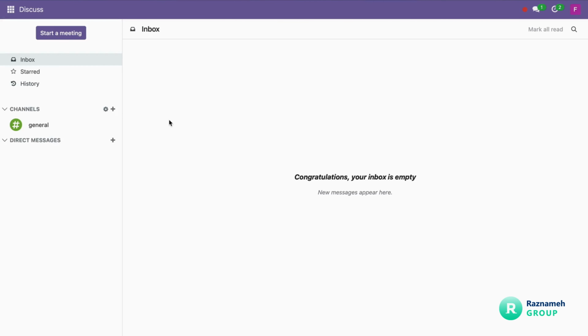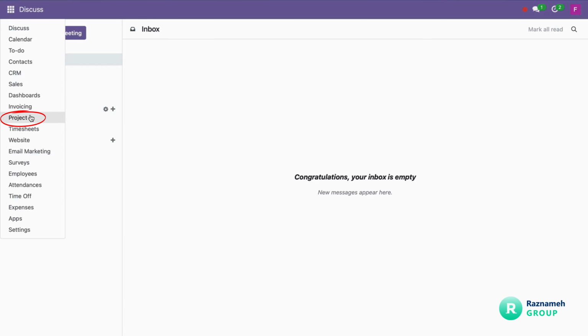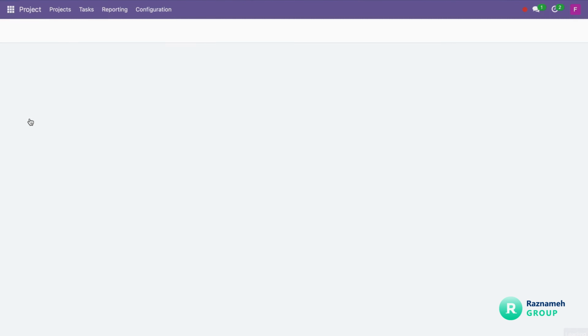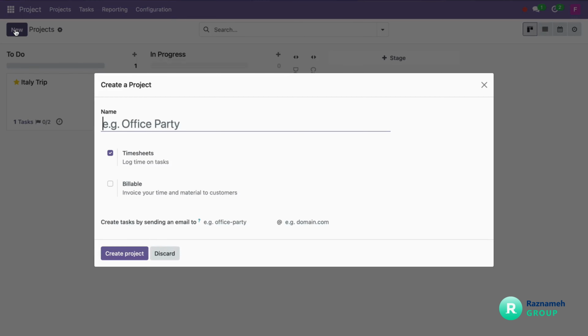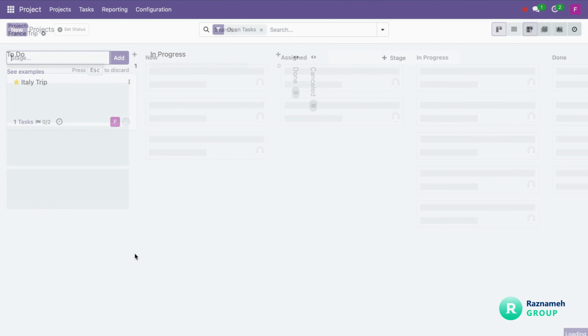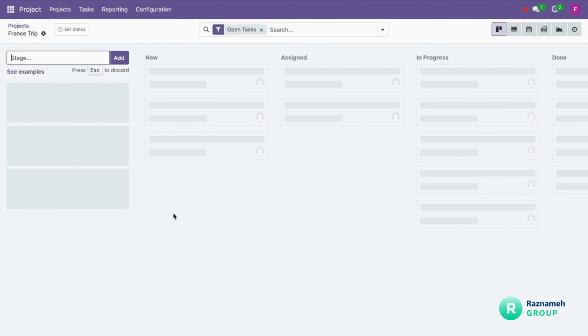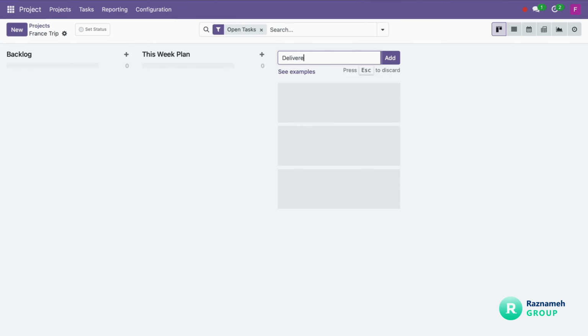To create a new project, you first need to navigate to the project module. In the project pipeline, you need to click on New and name your project. Then you can determine the email you want to use and click on Create Project. Afterwards, you will be directed to the task pipeline where you can create as many stages as you need for